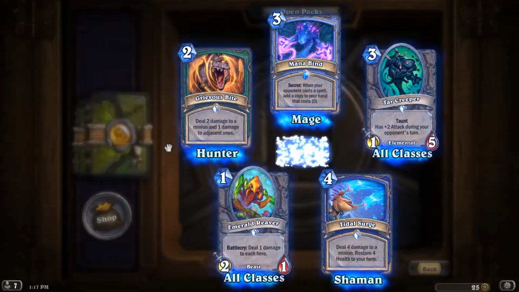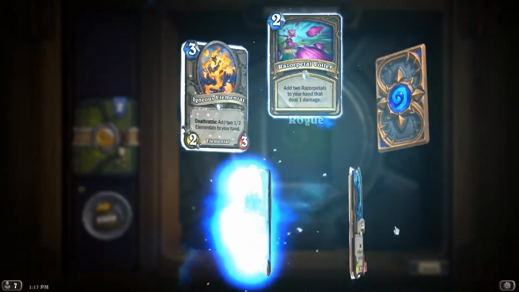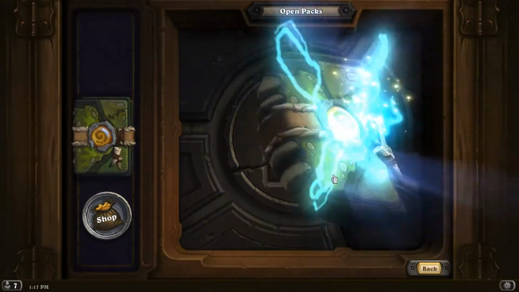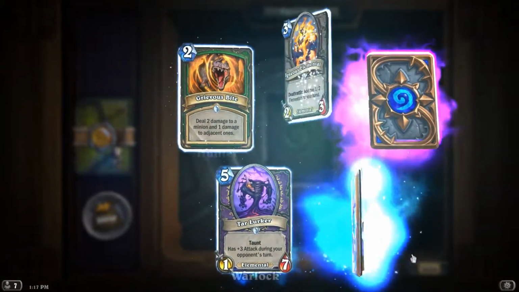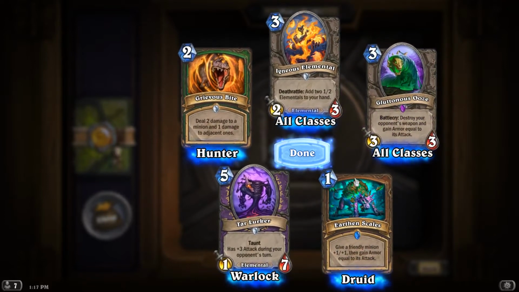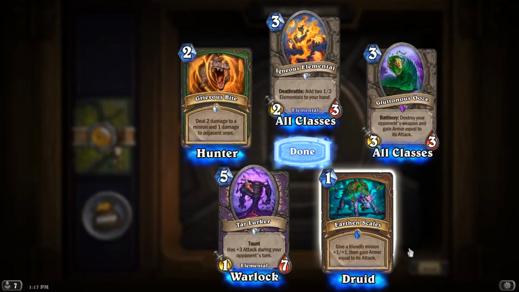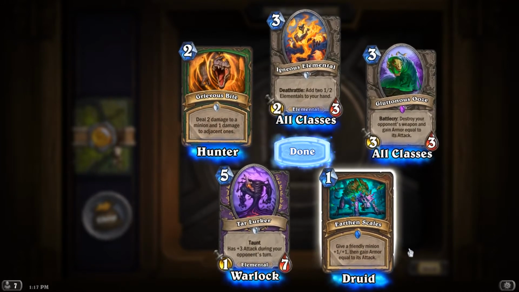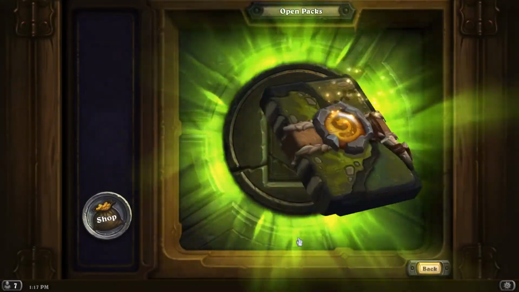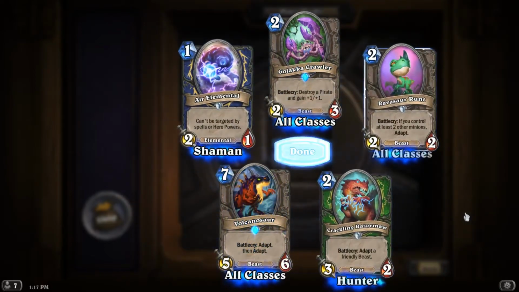Mana Bind we've seen. It's a secret that lets you have a 0 mana spell. Devilsaur Egg we've seen. 2 more packs. Epic. We've seen Gluttonous Oozes. Earth and Scales we haven't seen. Give a friendly minion +1/+1, then gain armor equal to its attack. So, I don't know if it's any better than... I think Feral's still better than it, but...